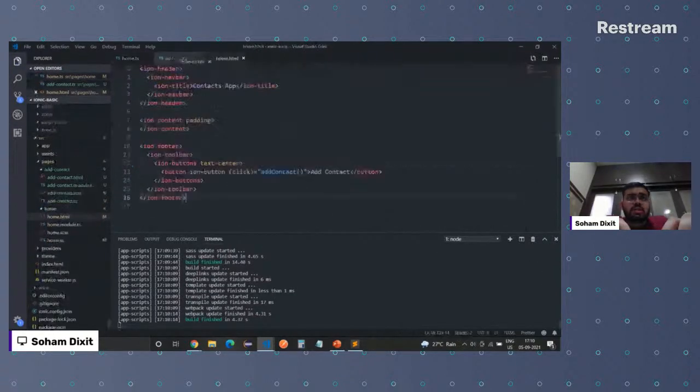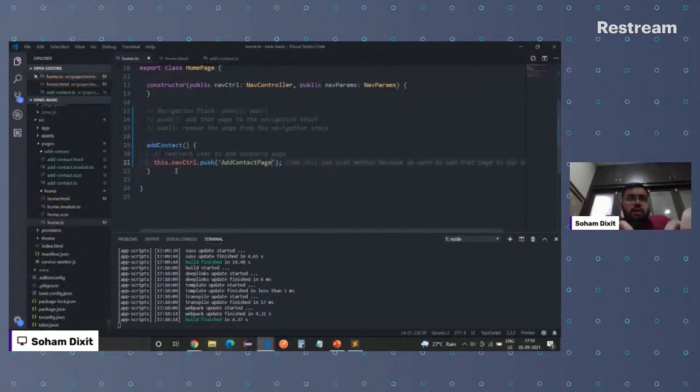Let's describe the logic which we have done. We have created a button. We have bound this button to this add contact method. When the user clicks on this button, this add contact method gets called, and we push the add contacts page to our navigation stack, which means this is the page which will be loaded in front of the user.